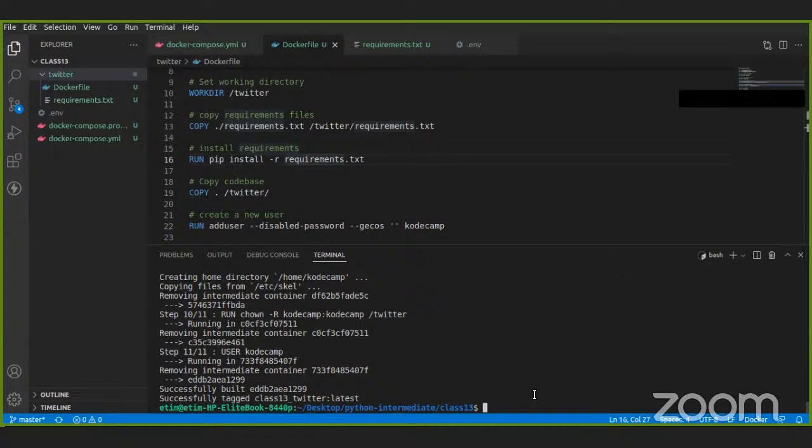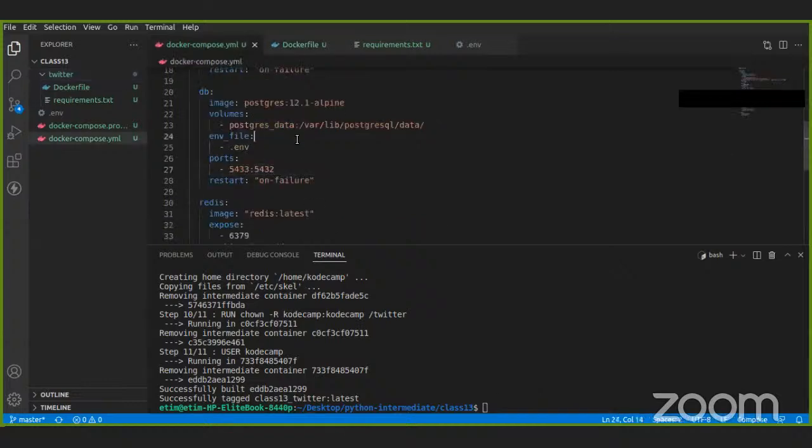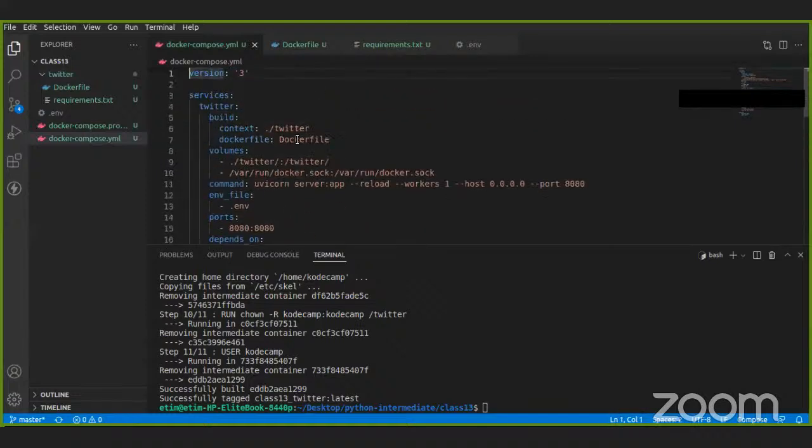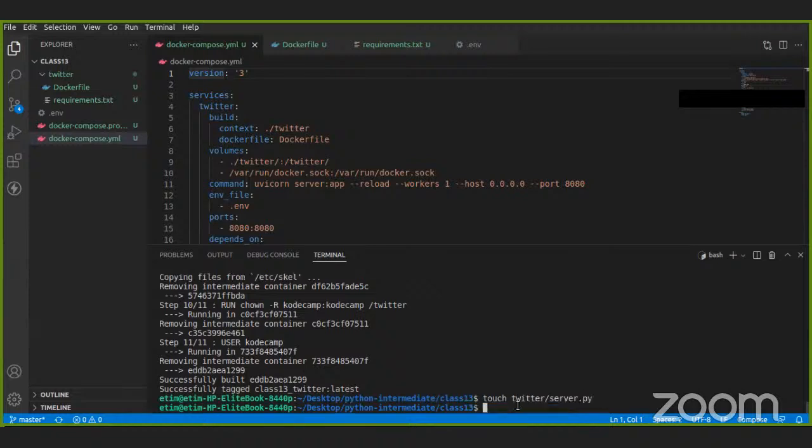So I'm going to create a server.py file which will house our app. I will simply touch twitter/server.py. Then I want to create another file which will handle our